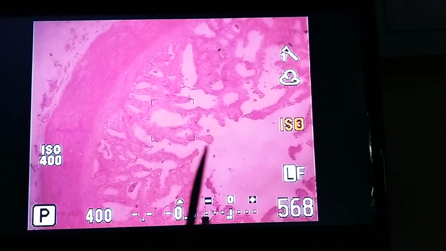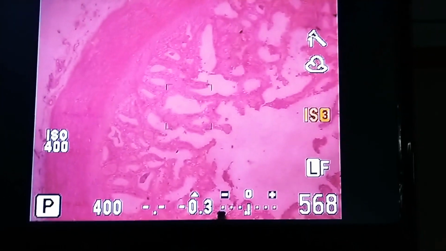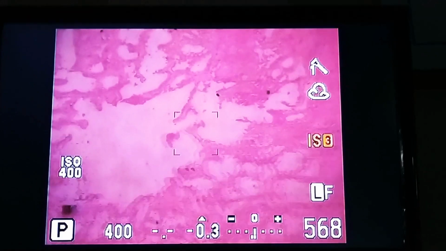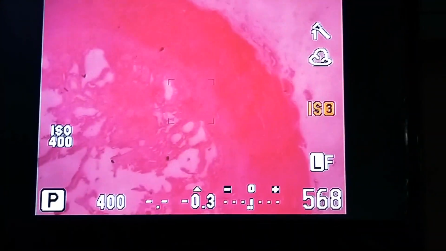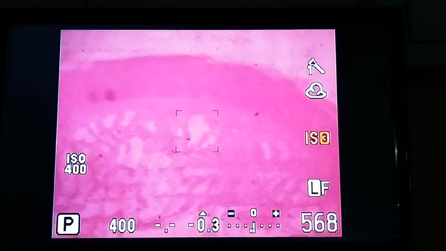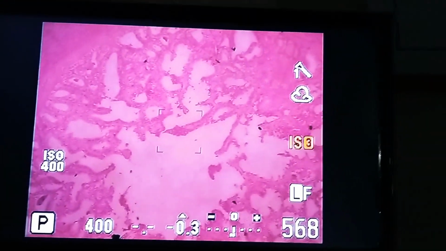So here you see the mucosal folds. It is highly folded, and I'm going round the whole slide. You see, terribly folded mucosal folds all around the lumen.